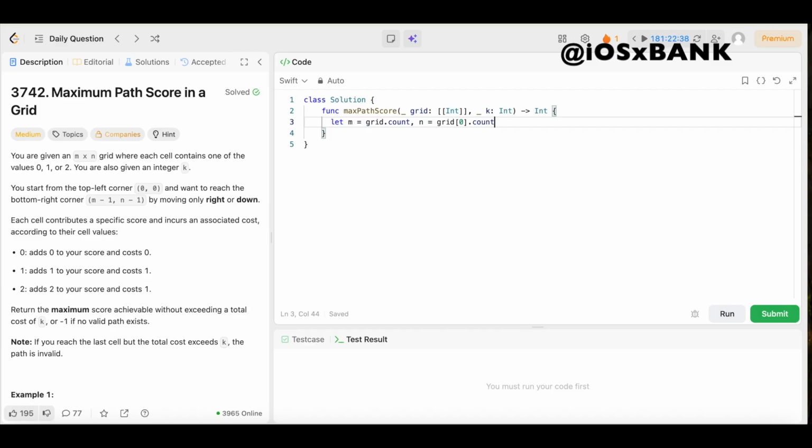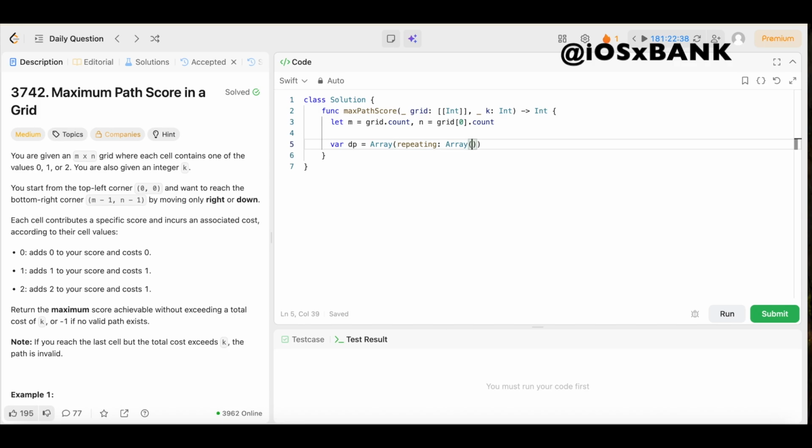Now we're going to create a 3D array. So we're going to come down here and declare a variable called dp, set that equal to an array, open up the parentheses, repeating colon, it's going to be another array, open up some more parentheses,